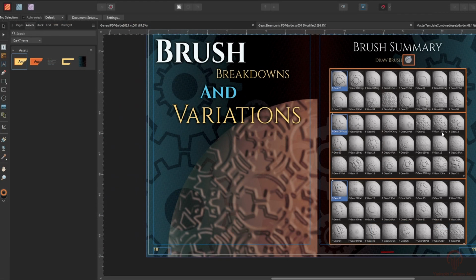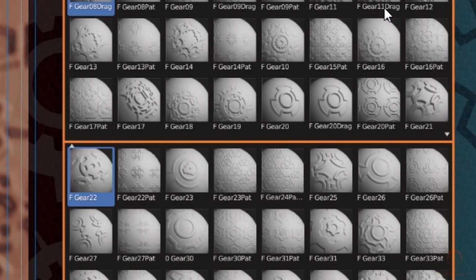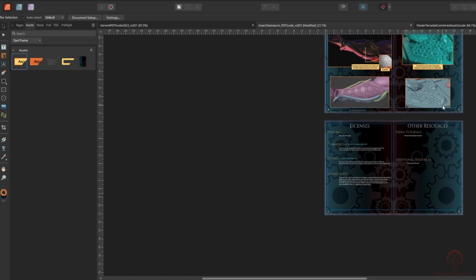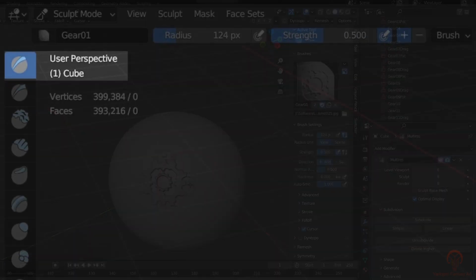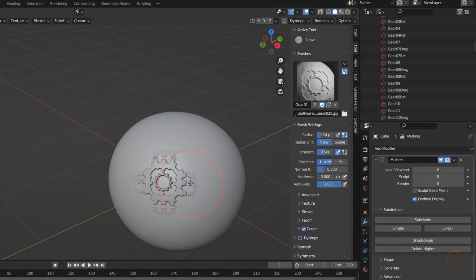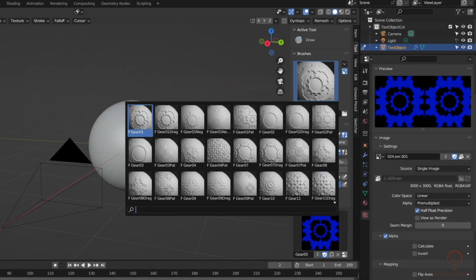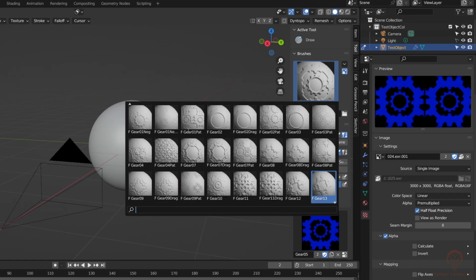In my PDF guide, I've included a brush summary sheet along with variations so you can import only the ones that you will need. In order to use a brush, the proper tool must be selected before clicking on one of the new ones. Using the middle mouse, it's now easy to scroll through the icon list once the images